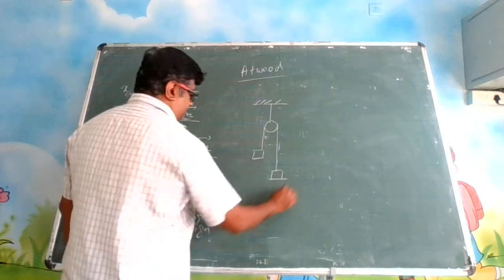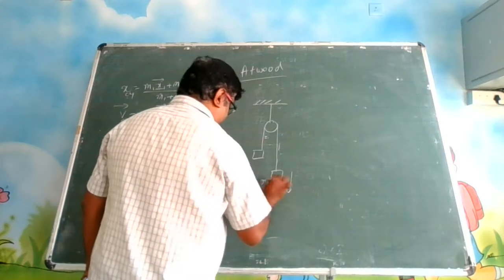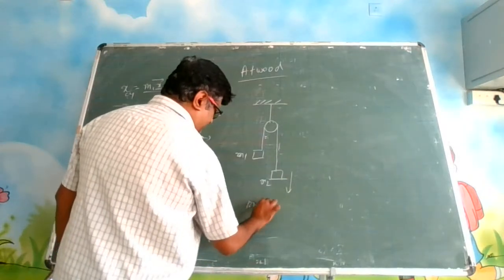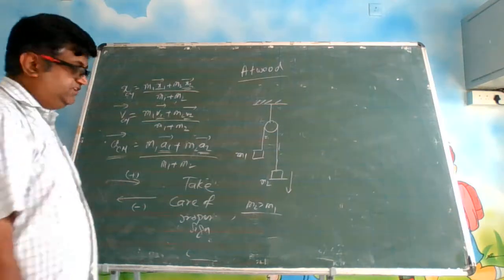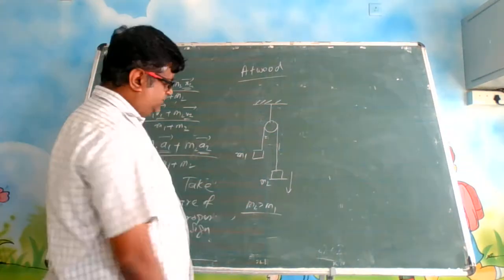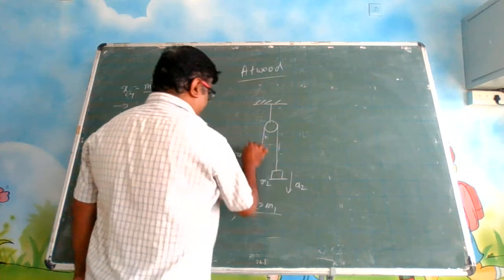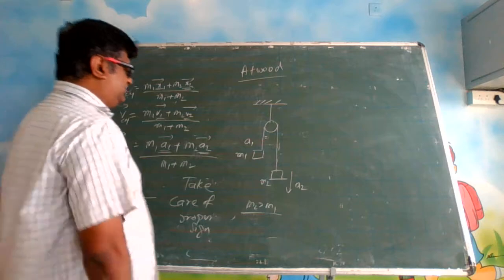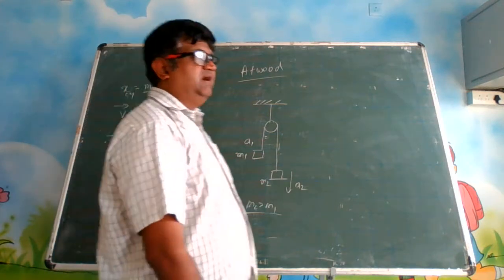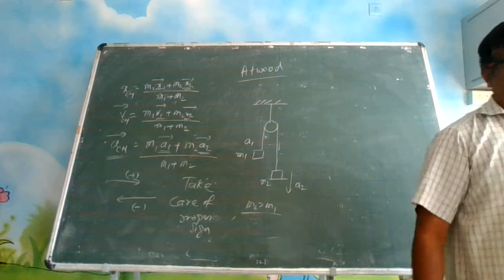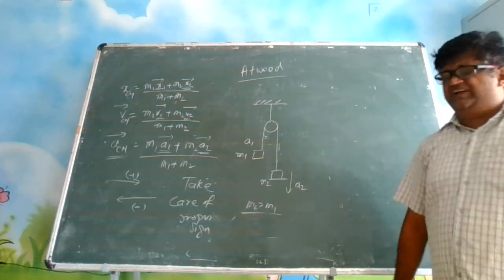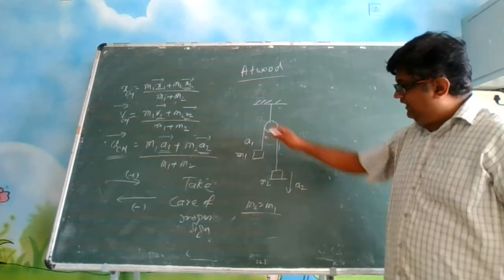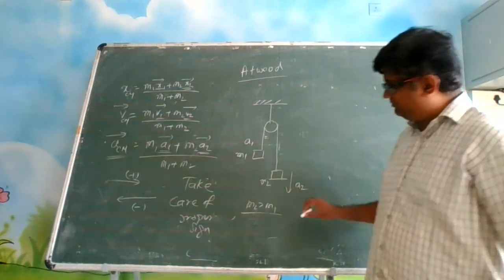Now, let us say this is my M2 and this is my M1 mass. Obviously, let us say M2 is greater than M1, so no big points for guessing that this side will go down. Let us say this acceleration is A2 and this acceleration is A1. The question is, what will be the acceleration of center of mass? This whole thing is a system now. Don't see them in isolation.